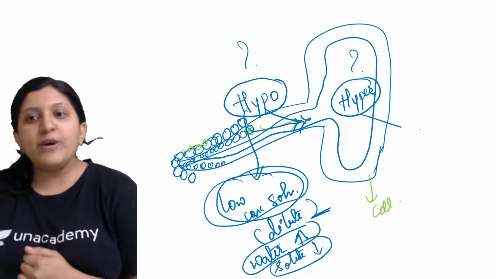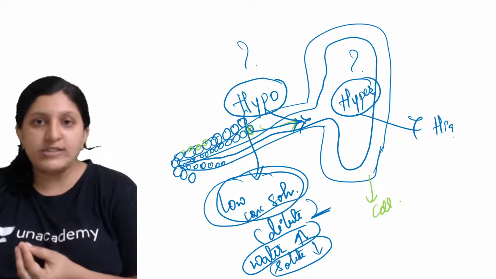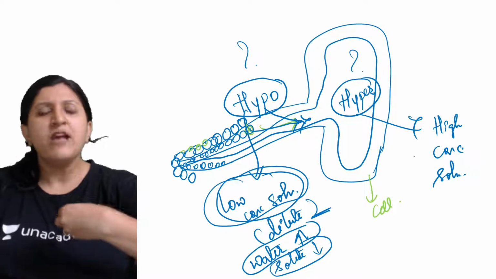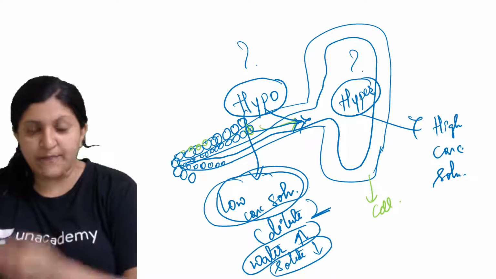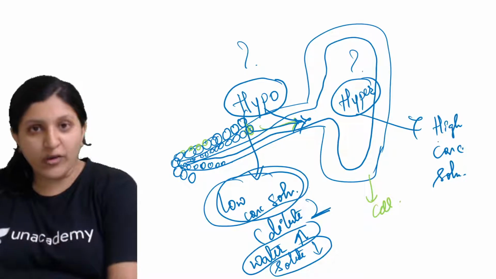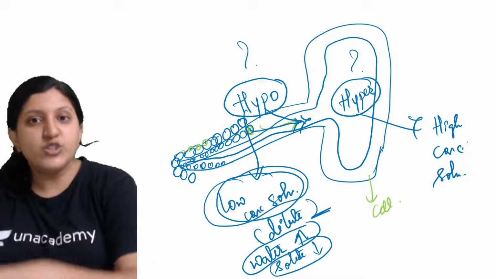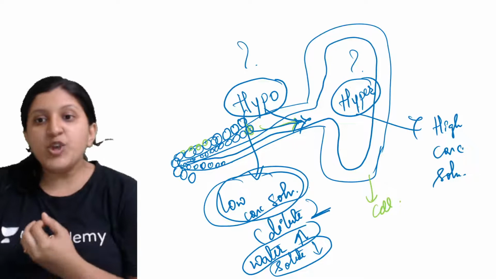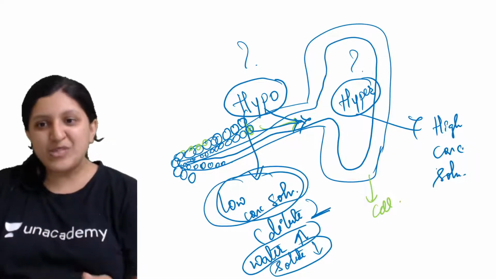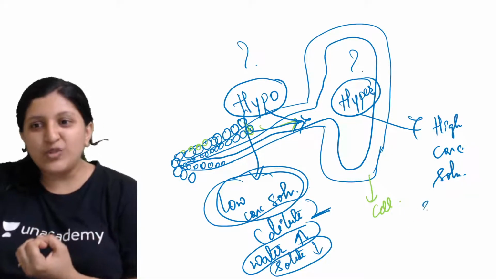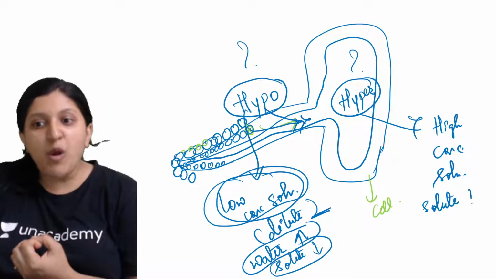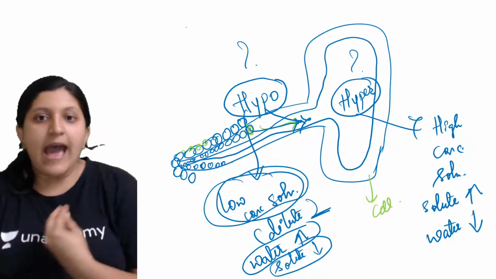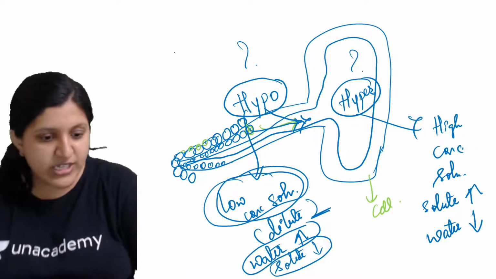And hyper, when we mention it, is actually a high concentrated solution. We are mentioning a solution here, so solvent is there and solute is also there. We are not just talking about a solvent here, but a solvent as well as a solute. So high concentrated means what? It is a concentrated solution. That means the solute concentration is more but the water concentration is less, according to the Selena definition which is mentioned there.